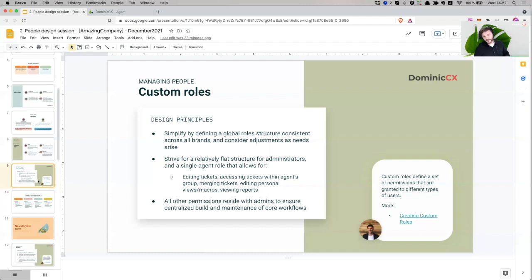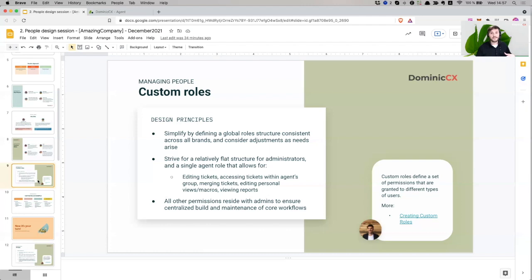There's a very good reason for this: if you allow many people to have, for example, administrator roles, then each, to their understanding of the Zendesk platform, makes changes, but they are not necessarily aware of the impacts that those changes have on teams that are working on Zendesk. And I've seen this happen countless times, where agents have had too much